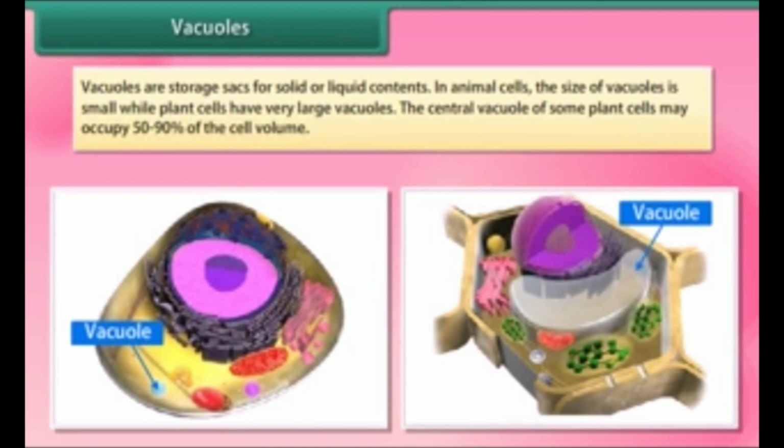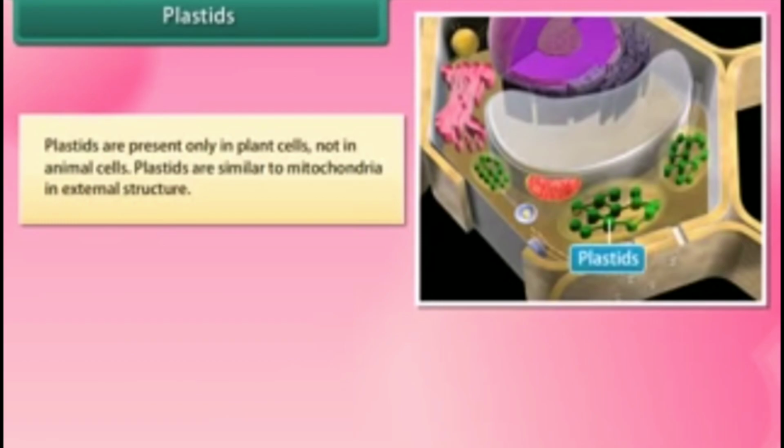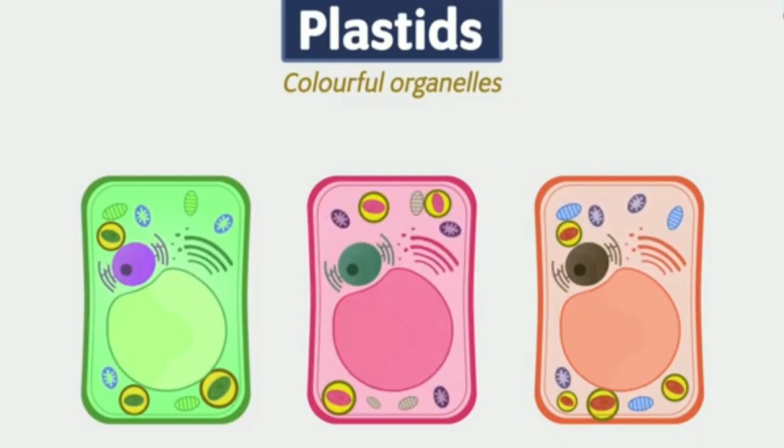Now let us move towards what are the plastids. Why are plant leaves green and flowers red, yellow, orange or blue? The organelle which gives such color is present only in the plant cell. It is called plastids. Plastids have double membrane and are of two types, that is leucoplast and chromoplast. Chloroplast can get converted into other types of chromoplast. Example, raw green tomatoes turn red due to breakdown of chlorophyll and synthesis of lycopene.